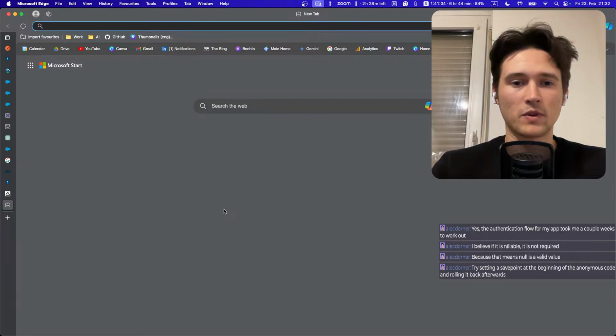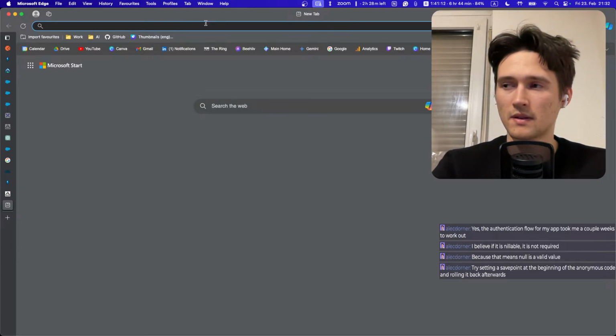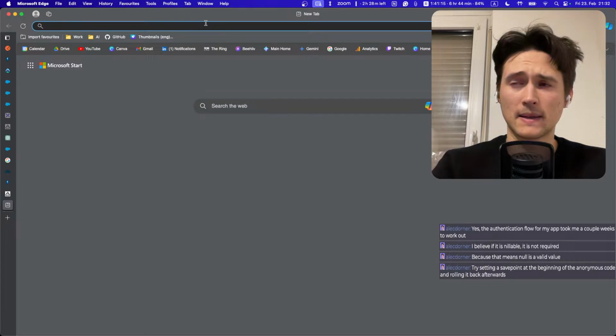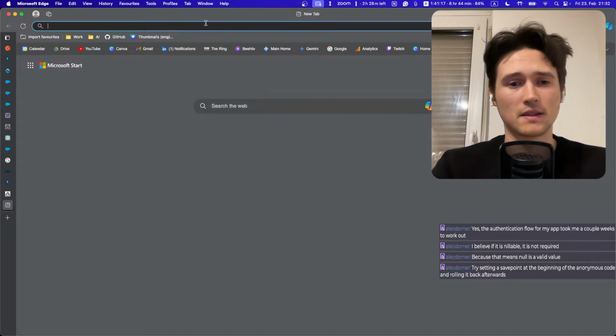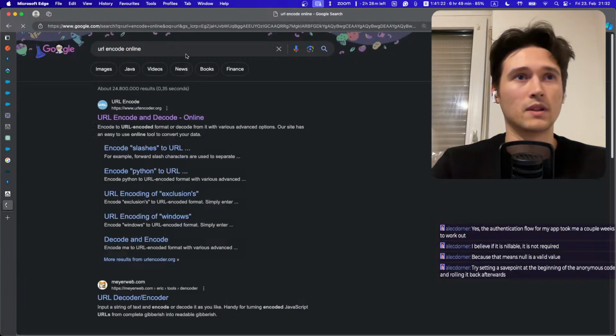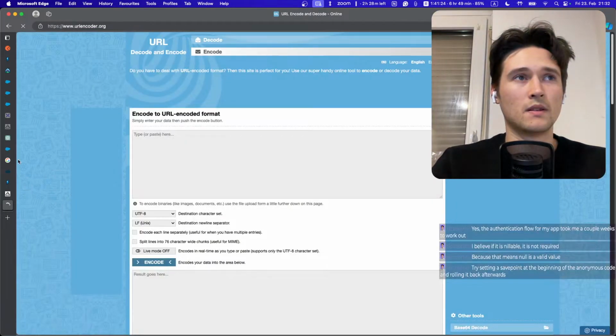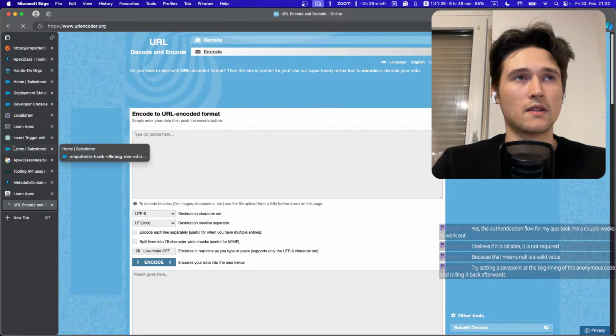Try setting a save point at the beginning of the anonymous code and rolling it back afterward. I think save points are not working in the anonymous Apex. That's the catch, at least in my head. I might be wrong though. Let's check this thing. But before URL encode online, before that I want to check that